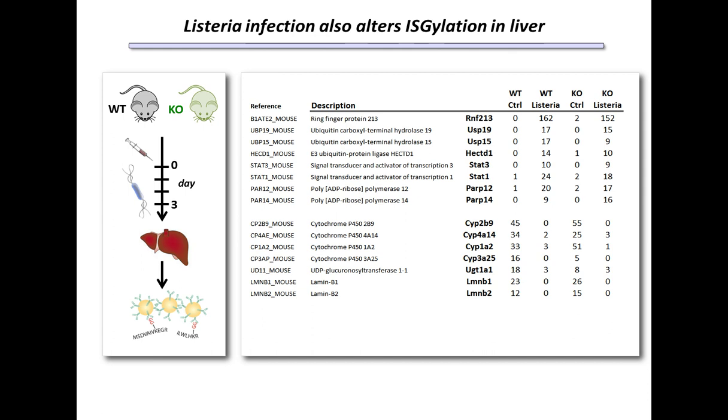Now, you can see in the context of the Listeria infection data that I showed you a moment ago that, in fact, ISG15 displays elevated levels of GG peptides on itself in the infection model, suggesting that some of the substrates that are being identified here and potentially in other experiments might also be coming from ISG15.